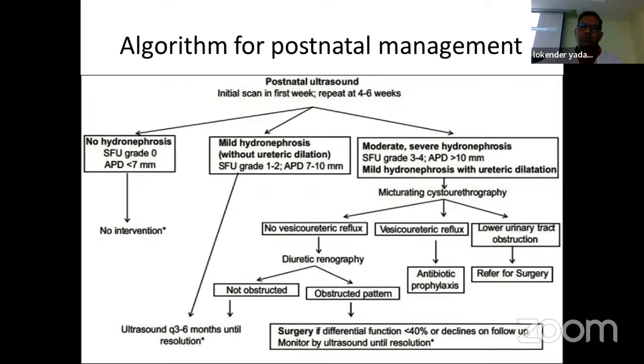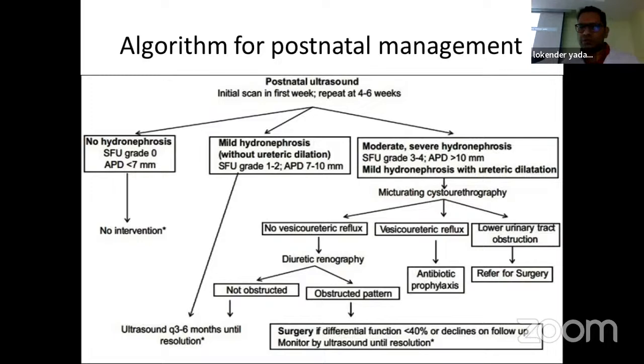In this, the initial scan is done in the first week, and the repeat scan is done at the 4th and the 6th week. If there is no hydronephrosis and SFU grade is 0, no further intervention is required. In case of mild hydronephrosis, that is without ureteric dilatation, and SFU grade 1 or 2 or APD of 7 to 10 mm, then ultrasound is needed at the 3rd to 6 months and serially followed until there is resolution. In moderate and severe hydronephrosis, if SFU grade 3 or 4 and APD is more than 10 mm,